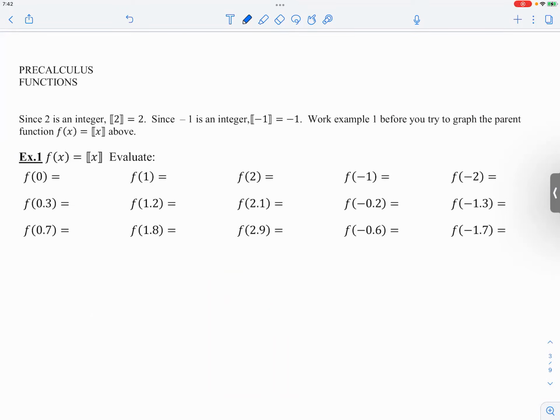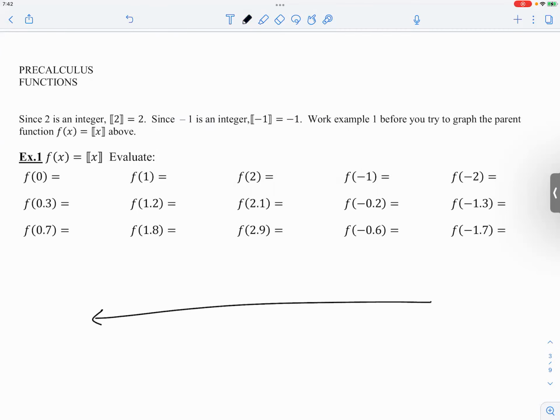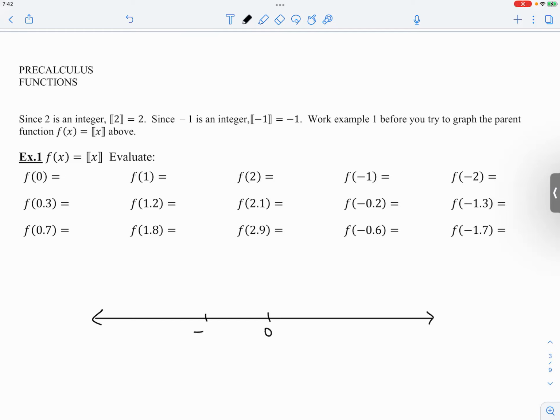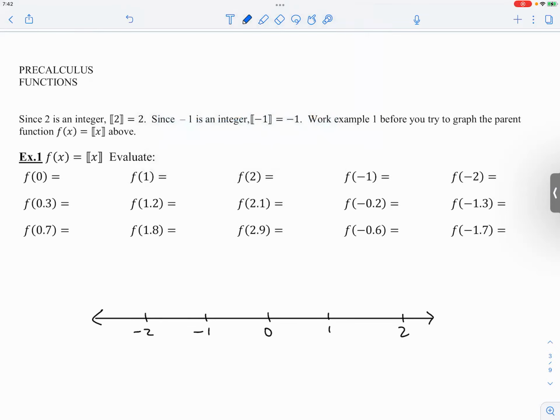Now it might be useful if you draw a little number line for yourself, just to see how to think about the previous integer. So we have a little 0 right here, -1, -2, 1, and 2, okay? So we're going to look at the number line, and that should help you consider what is the previous integer. Now, if it is already an integer,